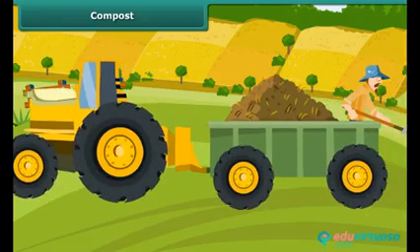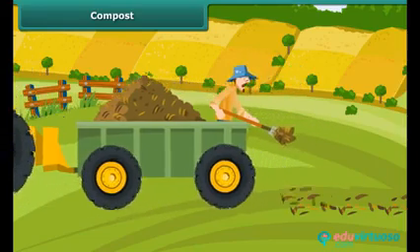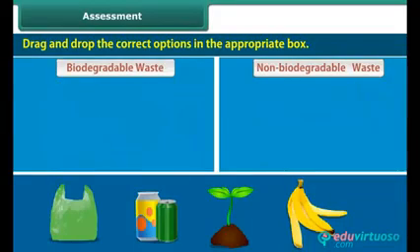After some time, the useful parts of waste convert into compost. The color of waste becomes black due to complete decomposition, and there is no bad smell. This compost is used as manure for proper growth of plants. Drag and drop the correct options in the appropriate box. Biodegradable waste,